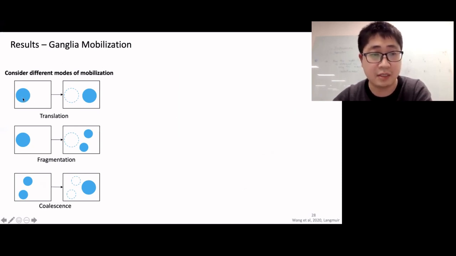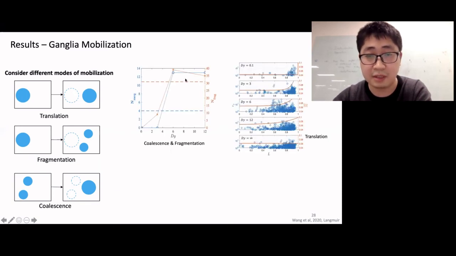Finally, we can look at the mobilization of different modes. This is translation mode, where one defending phase ganglion moves to another place; fragmentation, where one splits into two; or coalescence, where multiple merge into one. Here are the statistics of the number of merging or fragmentation events during the whole process. We see that at phi approximately equal to 6, it reaches the maximum value, which is consistent if we also look at the translation. Here, all the blue dots